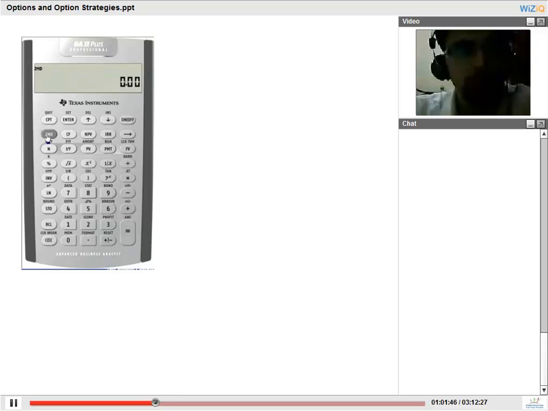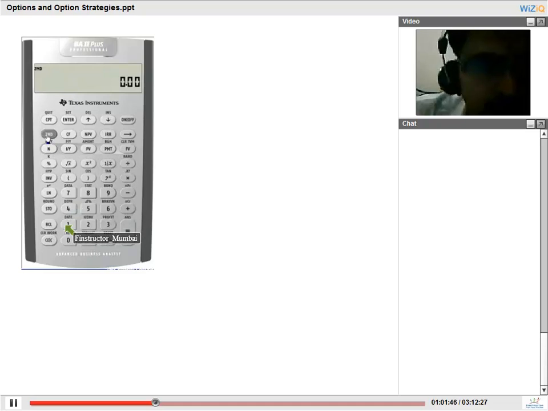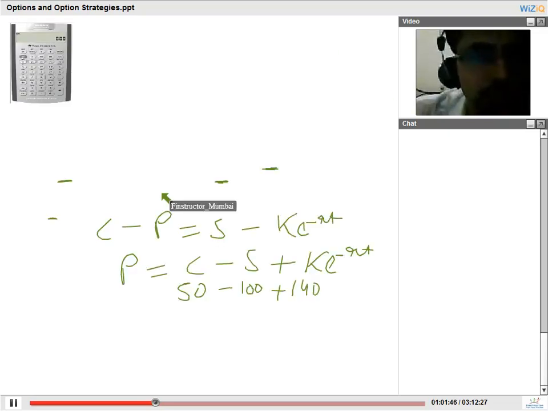Press 1 on the calculator, then press the button second and press ln. You will get the value of E. What is the value of E? Please write down. Press 1, press second and press E. Tell me the value of E. 2.71. That's correct. Okay. Chandraman, have 5 decimal places on your calculator, please. Okay. Please give me the answer in at least 3 or 4 decimal places.